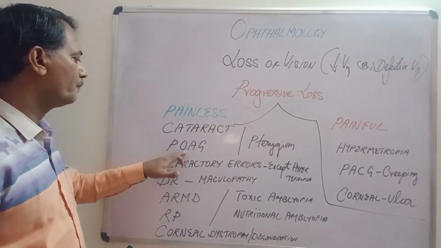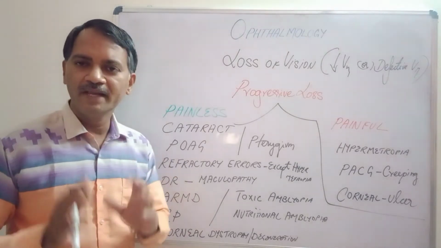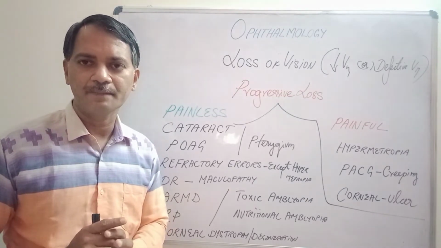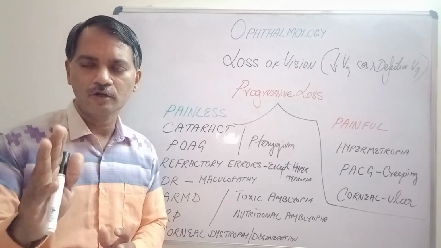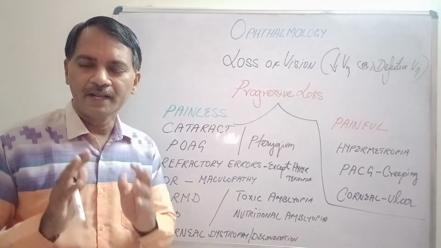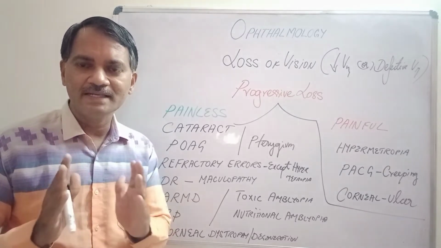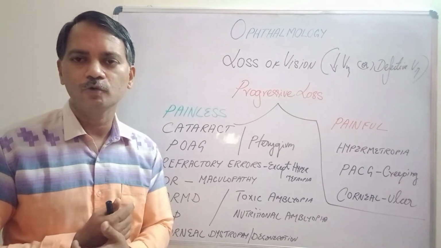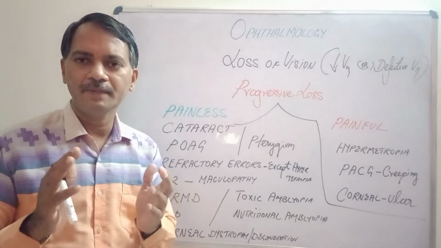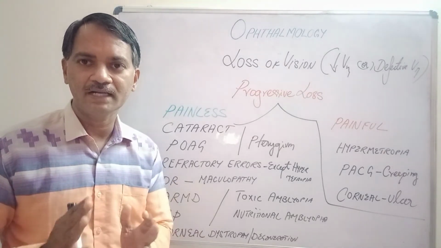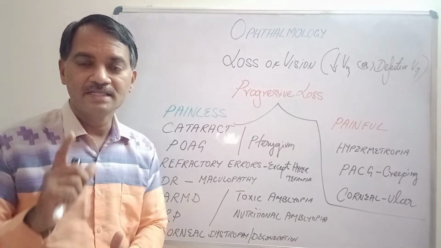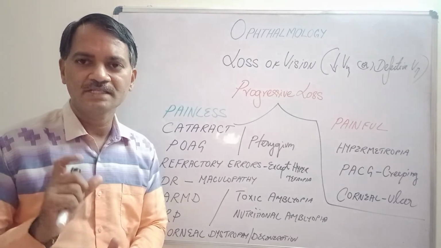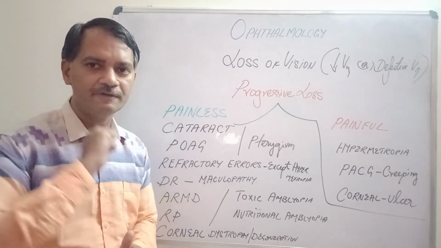Next is primary open angle glaucoma. Due to various factors, the optic nerve is affected. One of the factors leading to optic nerve damage which can be corrected is intraocular pressure. Primary open angle glaucoma starts insidiously and gradually progresses over many years leading to loss of vision. So it is a preventable cause of blindness. It steals the vision slowly. It is called the thief of vision. So we have to screen everybody over the age of 35 years.